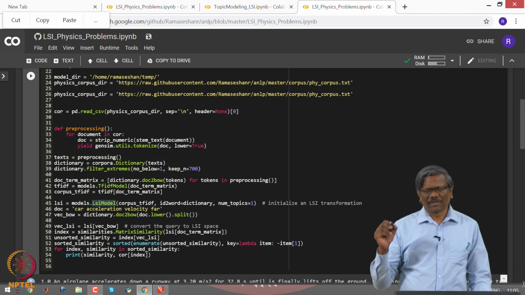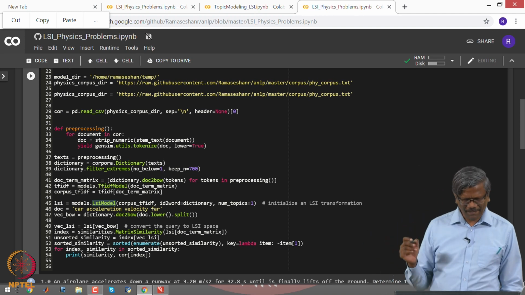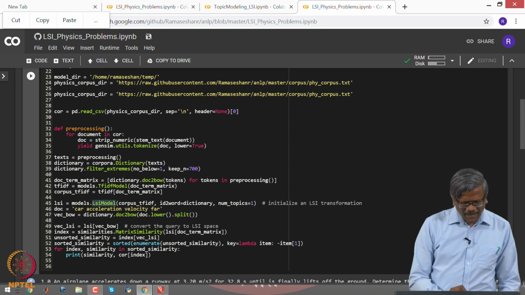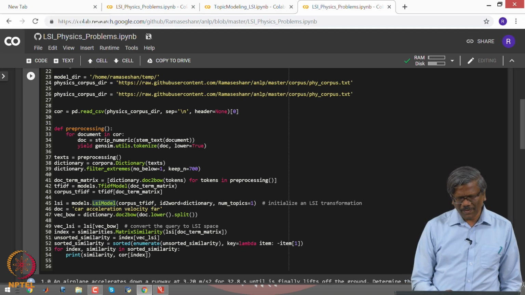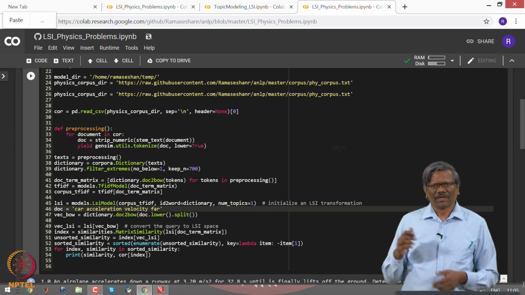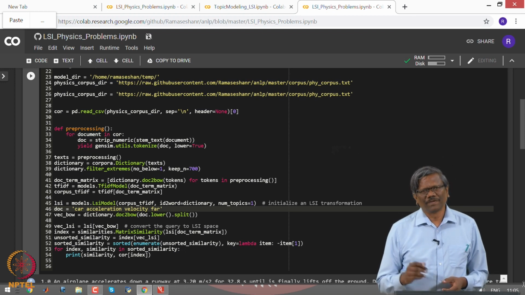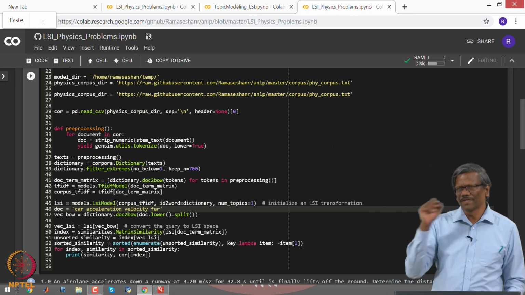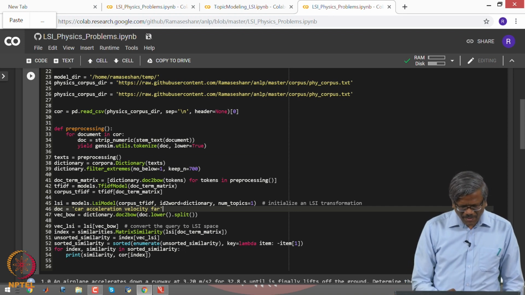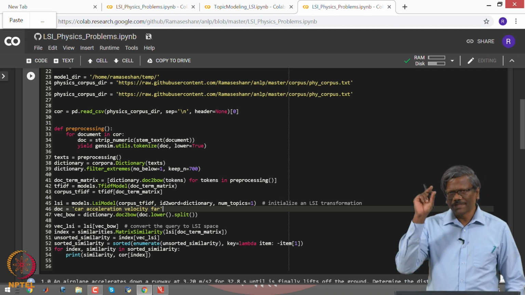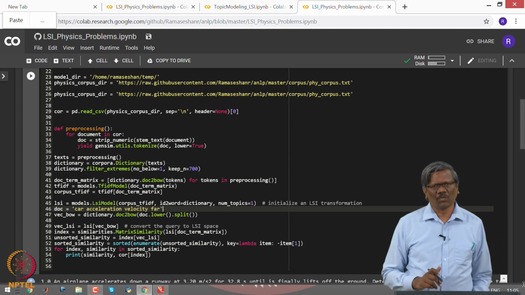which will now create our U, sigma and V. Here the number of topics refers to the sigma values, or the k values that we are talking about in the eigen matrix. I have just kept it as 1, taking only the top one here.